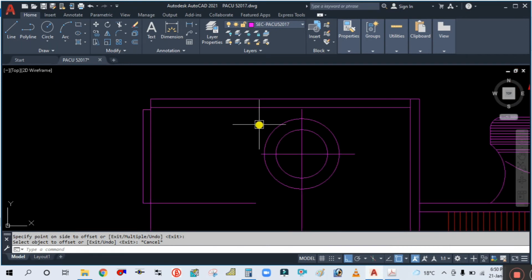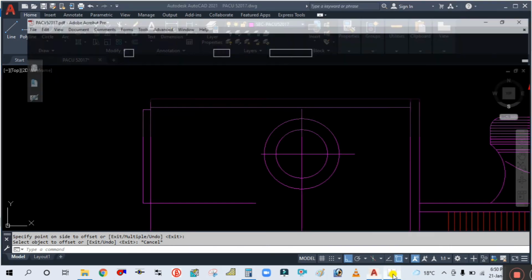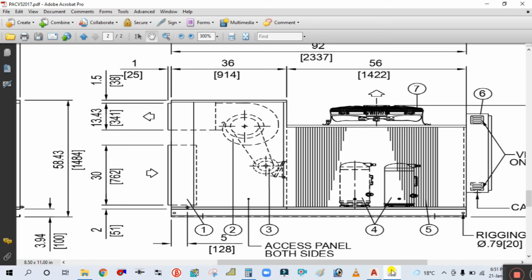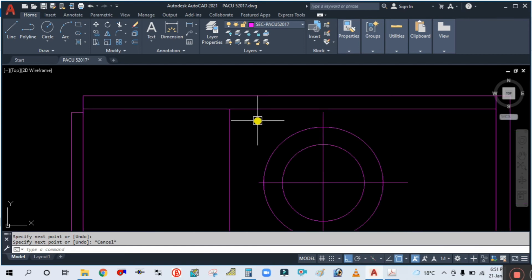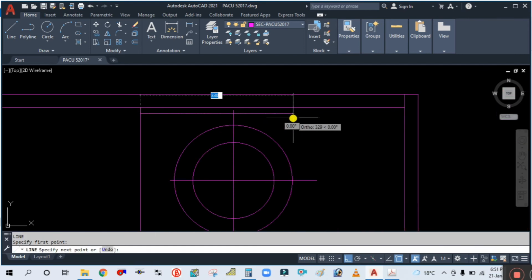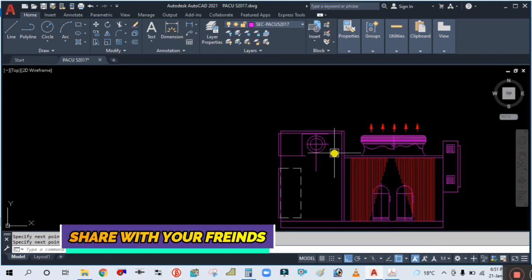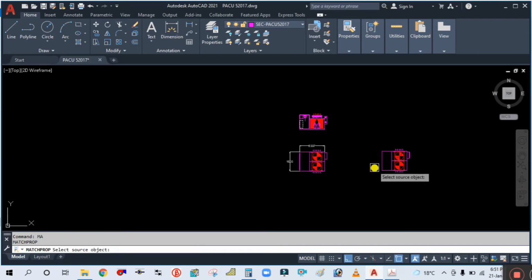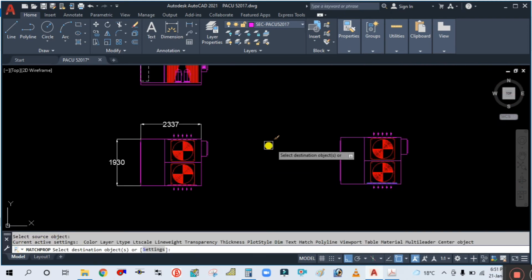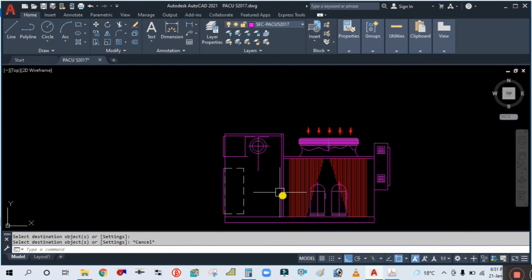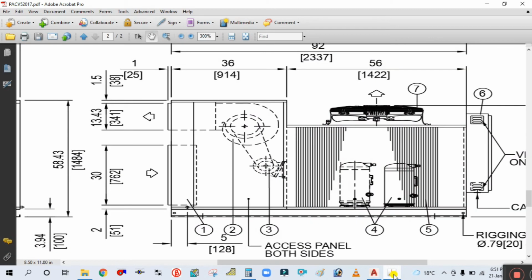So for this one, simply draw one line from here to here. Okay, and now you have to draw one more line like this, and this line should be in dash. So simply use the match command, select this one, simply match this. Okay, so the next is